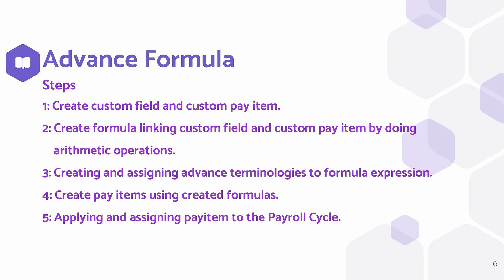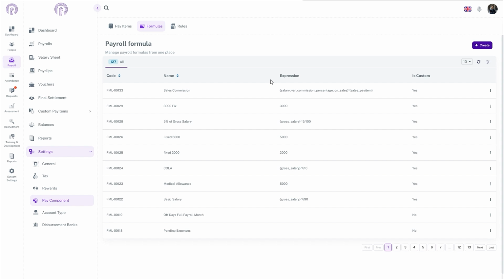Now let's go with our new step, that is step 3, creating and assigning advanced terminologies to formula expression. Now let's create an advanced formula in this scenario. I'm assuming if an employee's sales target exceeds $80,000 in a month, he will get a bonus of $5,000 with his commission. But if he is not successful to hit the target, which is $80,000, he'll get nothing as a